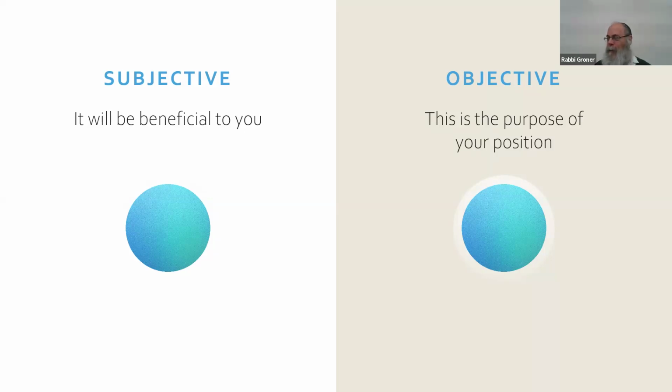She no longer looked at it as meaning. It wasn't the meaningful thing for her to do, to intervene on behalf of the Jews, and she's going to get a high of it. She wasn't thinking in those terms. She accepted Mordecai's second argument, purpose. Mordecai was saying to her, where does it come from that a Jewish girl in Persia should be chosen out of all the hundreds of thousands of candidates that presented themselves to the king, and she should be the one chosen to be the queen? It doesn't make logical sense. And not only that, according to the Talmud, she was older than most of them, and she wasn't as pretty as most of them, and yet she was chosen.